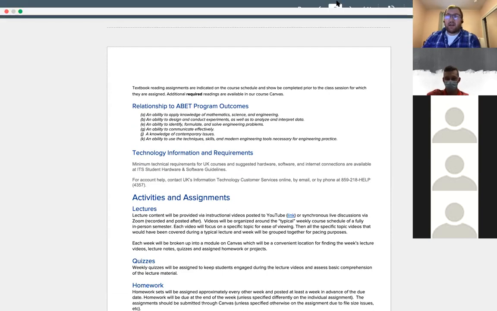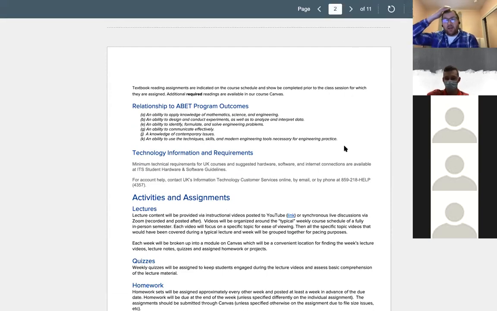I just got a question in the chat about the help sessions. Right now they're in the tentative schedule, but I do plan on integrating them into Canvas so that you have notifications for them. They're in my calendar, so I just have to import them into your Canvas calendar. So yes, I do plan to send reminders for those help sessions. The main thing is if you see an exam or a homework coming up, that's when those help sessions will be.